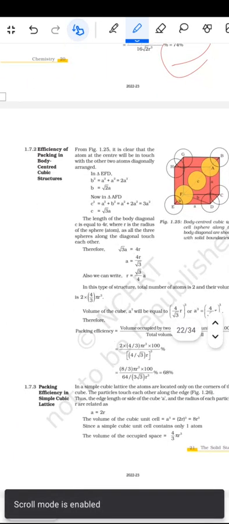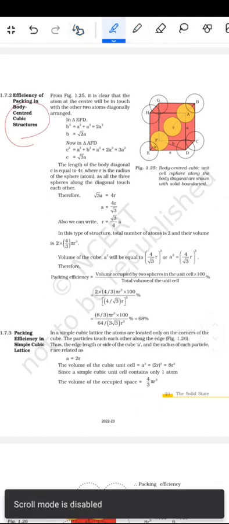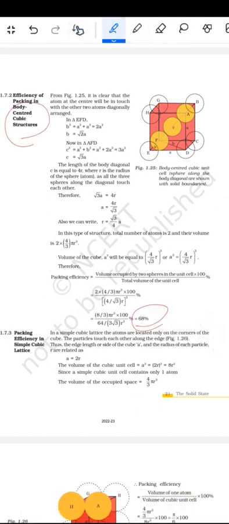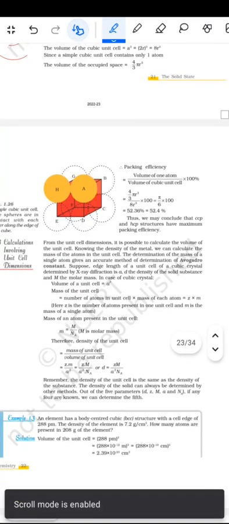ठीक है और उसी तरह से अगर हमको बॉडी सेंटर्ड में जो पैकिंग फ्रैक्शन आता है वो कितना आता है, तो 68%। ठीक है, डायरेक्ट यही से पूछता है, मेथड निकालने का नहीं पूछता है। सिंपल क्यूबिक यूनिट सेल में पैकिंग फ्रैक्शन कितना आता है, तो सिंपल क्यूबिक में पैकिंग फ्रैक्शन आता है 52.4%।